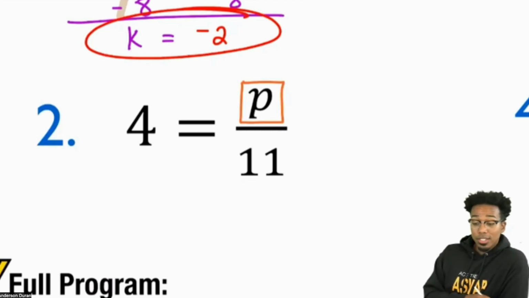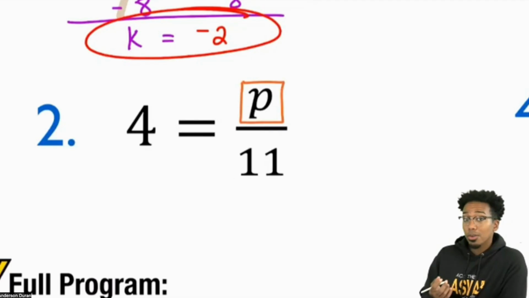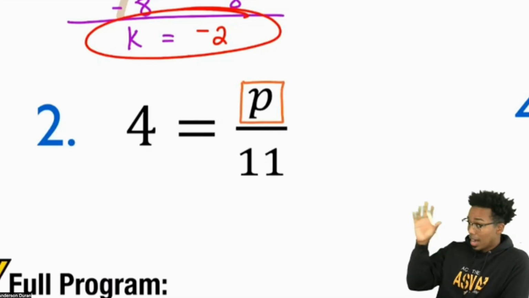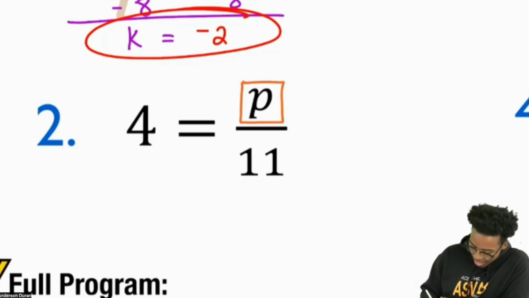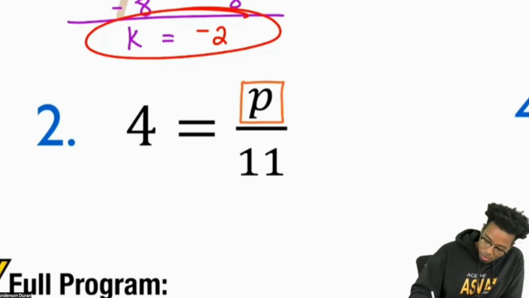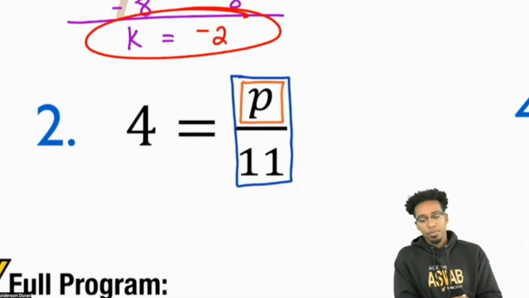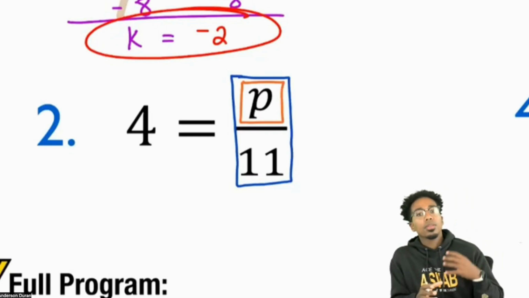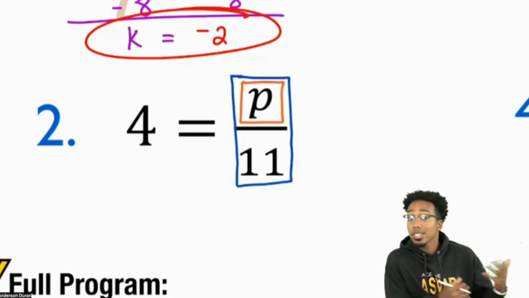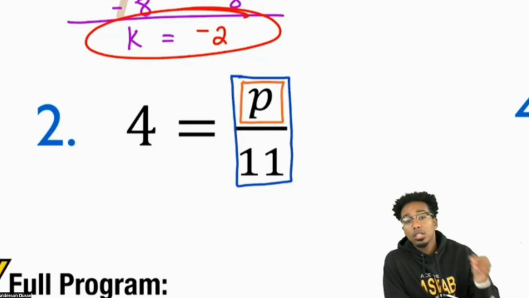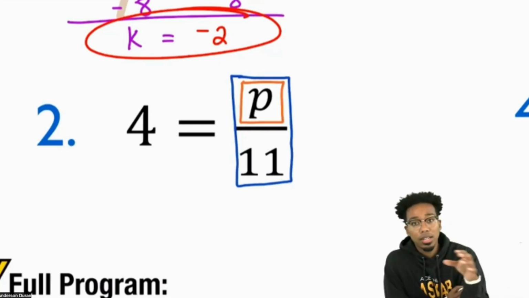Right, that division, dividing by 11. And if you didn't know, a fraction means the top divided by the bottom. All right, it's the top divided by the bottom. So if you're checking this out, we have the p right there. And we see that we're dividing by 11 right here. And so remember, solving equations is the art of working backwards. So if I see that I'm currently dividing by 11 and that's going to give me 4, I need to